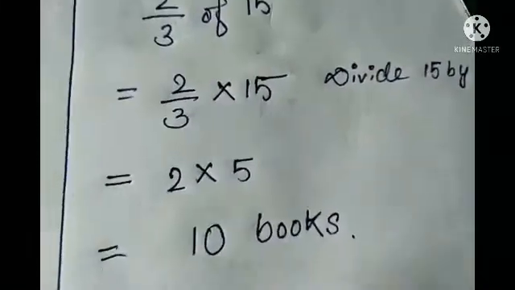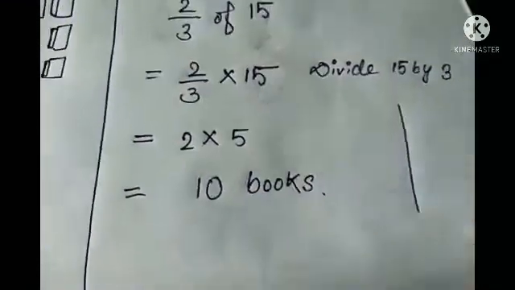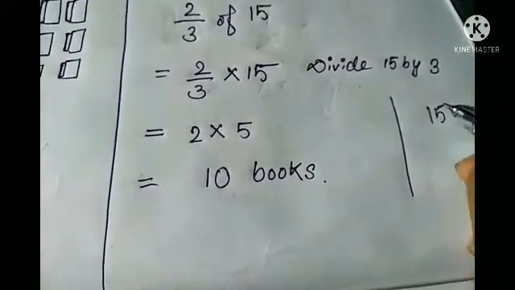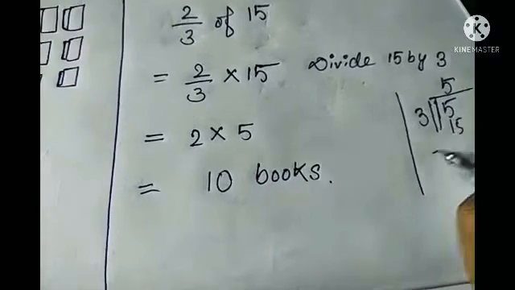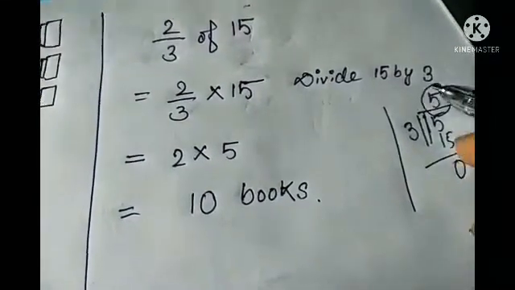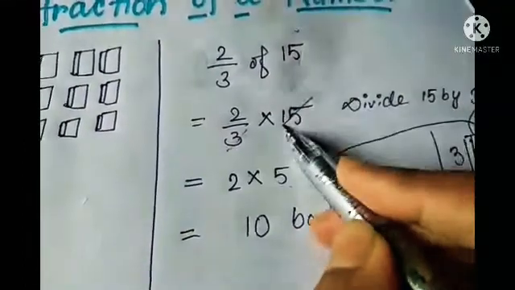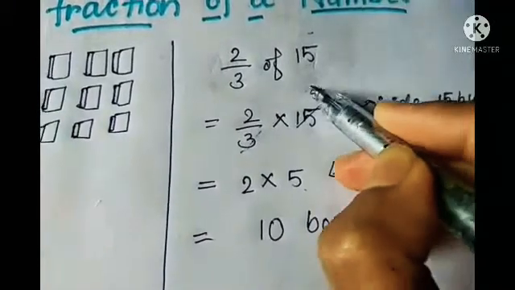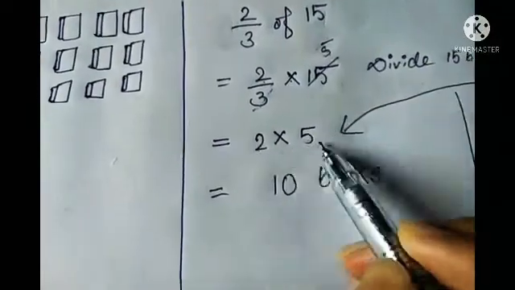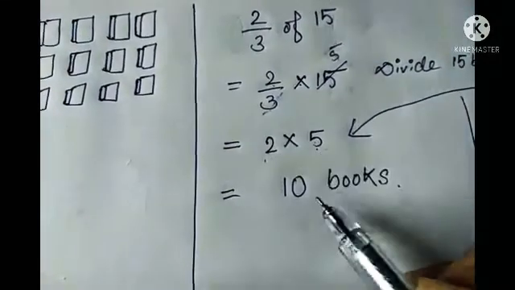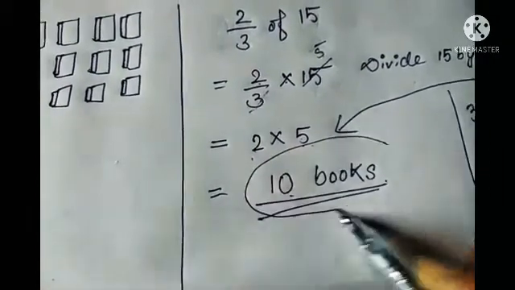So students, if you find difficulty, you can also do it in the right side of your copy: you can make this type of column and then do it. I think most of you know it because 3 5s are 15, so you can easily do it. So you are getting 5, and that you have to write here. So here this and this get cancelled and you are getting 5, right? So ultimately what you are getting? 2 into 5. That I have written here. Now 2 5s are 10. So yes, 10 books, right students? So we are getting the number here.